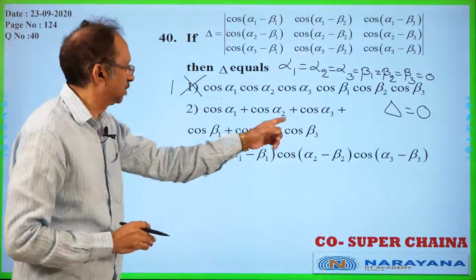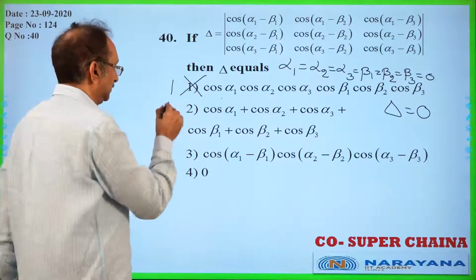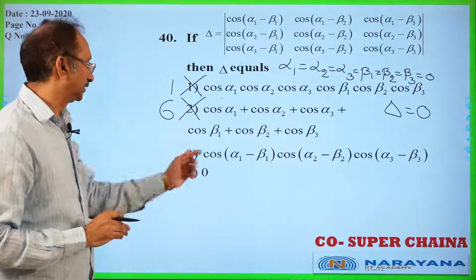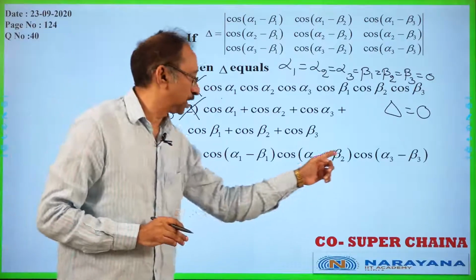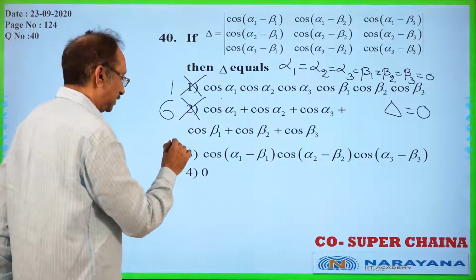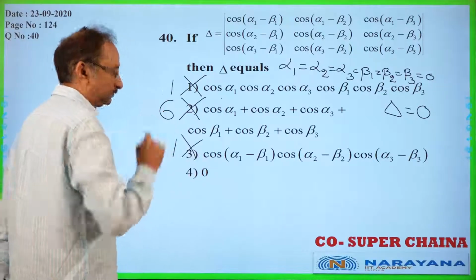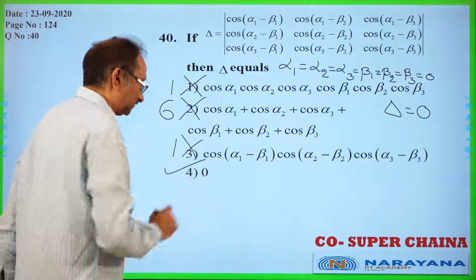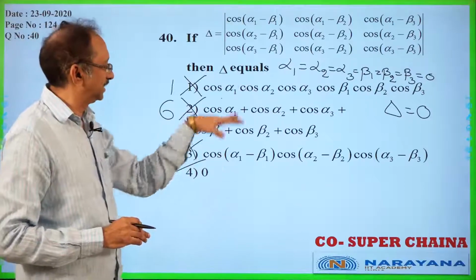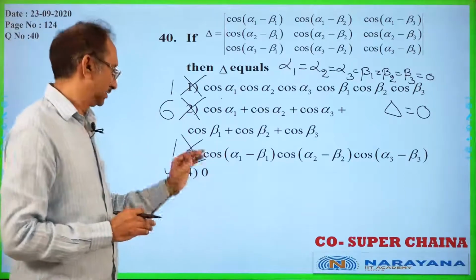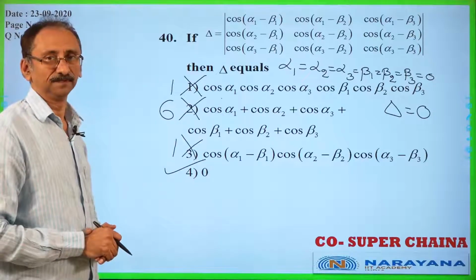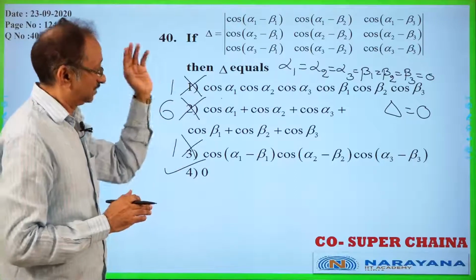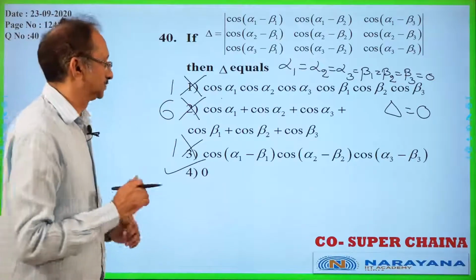And see second option, all are 1s, 6 ones are there, 6, not equal to 0. And third option, so cos 0 into cos 0 into cos 0, that is again 1, not equal to 0. So third option is also wrong, and therefore by process of elimination, because these three definitely not the answers, the answer would be fourth option. So in an examination, you can try like this, okay. But what is the actual solution for this? So let us try that.